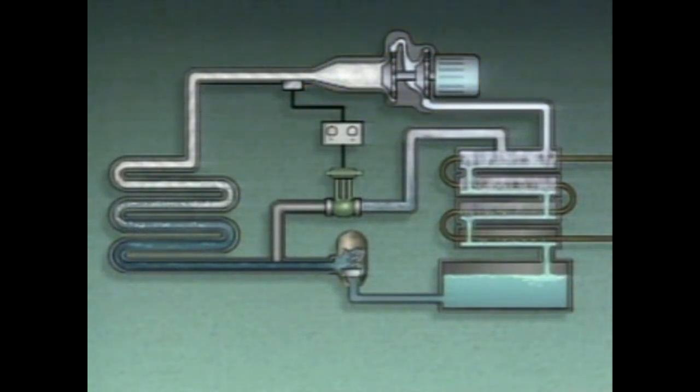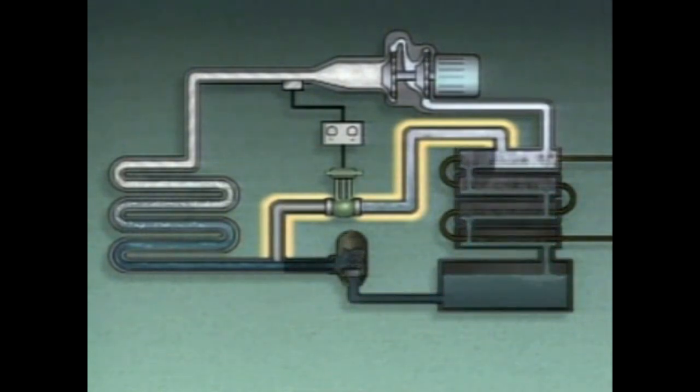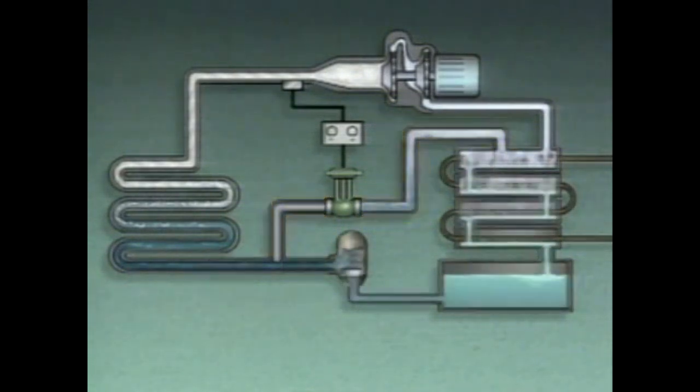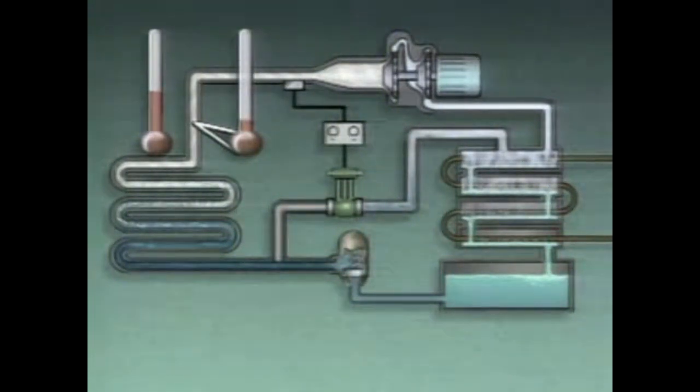For example, in this system, a bypass line routes some of the refrigerant around part of the condenser, the receiver, and the expansion valve. When this is done, the refrigerant that flows into the evaporator is warmer. The flow of refrigerant through the bypass line is controlled by a control valve to maintain the temperature around the evaporator. If the temperature around the evaporator gets too low, the temperature of the refrigerant flowing to the compressor will drop. When the temperature of the refrigerant flowing to the compressor drops, a temperature sensor sends a signal to a